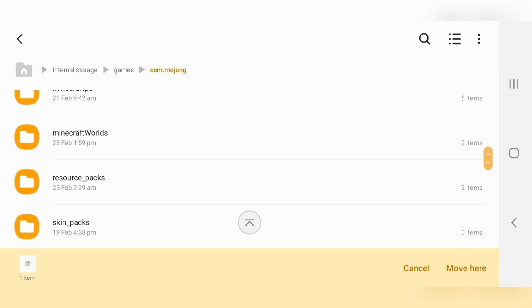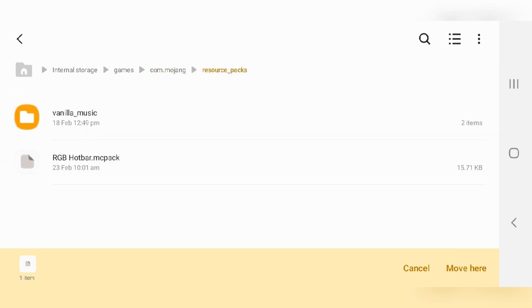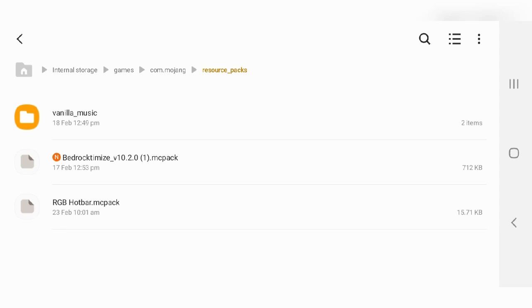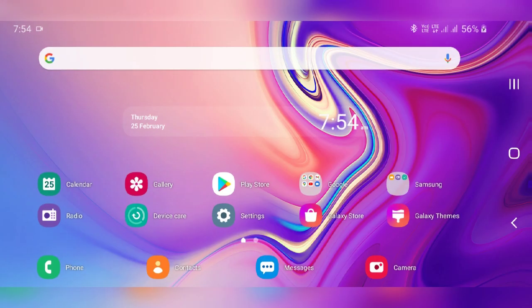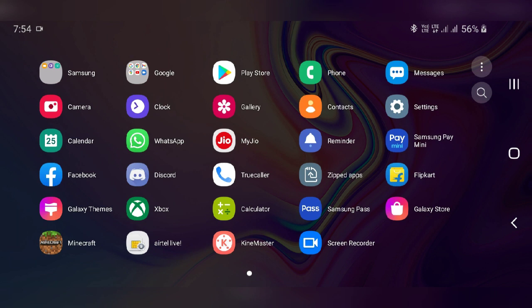After that, click on move. Then move this pack to games, and after games called .mojang, and after that scroll down and you will find resource pack. So all you want to do is move it over here, and after that we are done. You can open Minecraft and you can activate the pack. This is done.